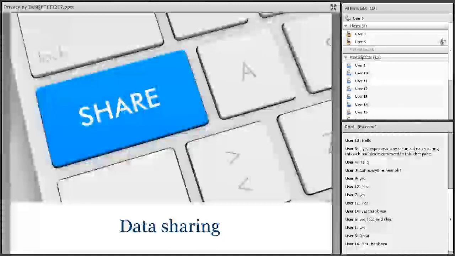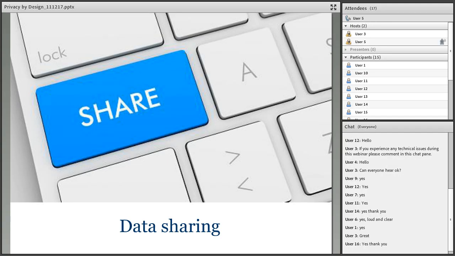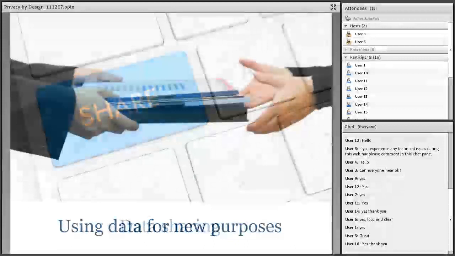If your charity is embarking on a new data sharing initiative, then building data protection considerations in at the outset will help you to ensure that only the relevant information is shared. You'll ensure that it's shared securely and that individuals are informed as to the purpose of the sharing.